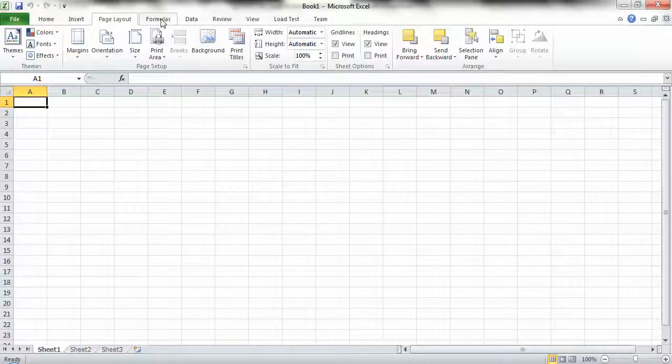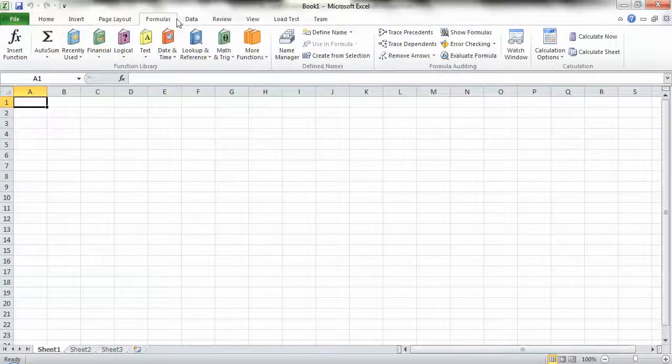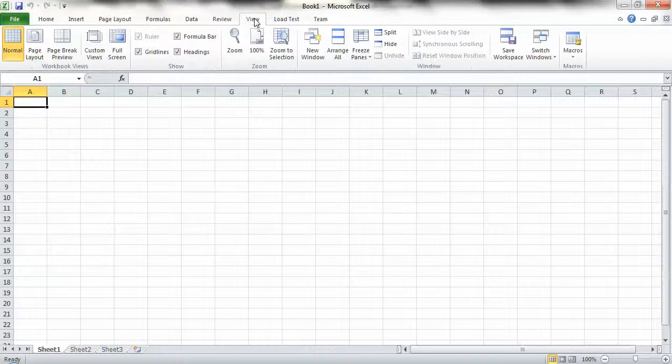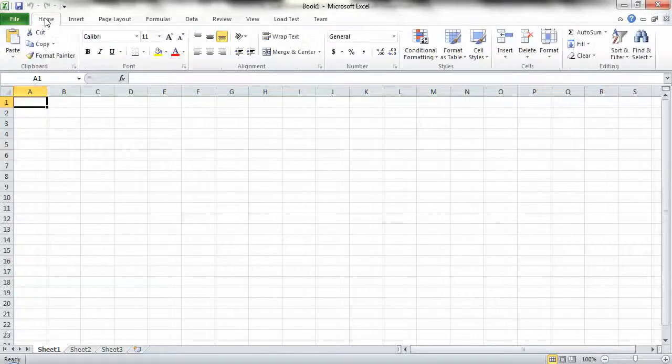And the same thing is true of the other ribbons in Microsoft Excel. Page layout, formulas ribbon, data ribbon, review, view. We're going to be looking at a lot of these ribbons as we proceed. But today I'm just going to go back to the home ribbon. Alright, now before